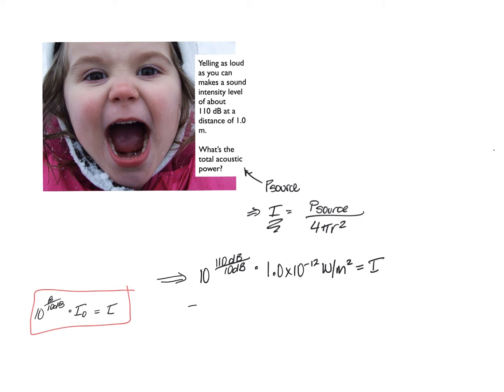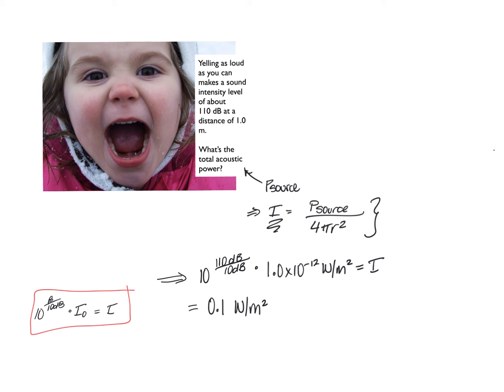If we do that calculation, and I haven't done it yet, so let me get out a calculator and crank it out. We get about 0.1 watts per meter squared. That tells us the intensity of the yell, but we don't know the power at a certain distance,